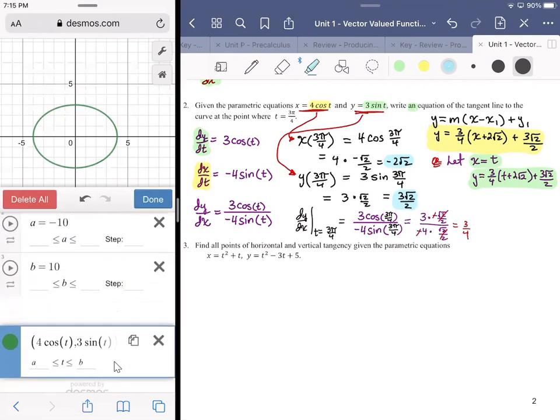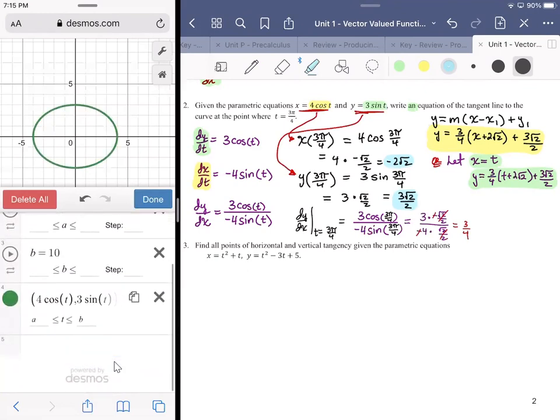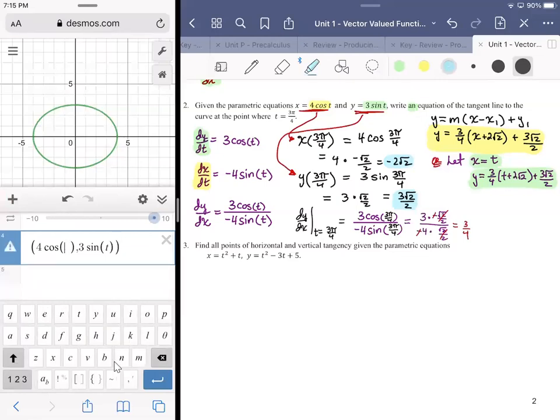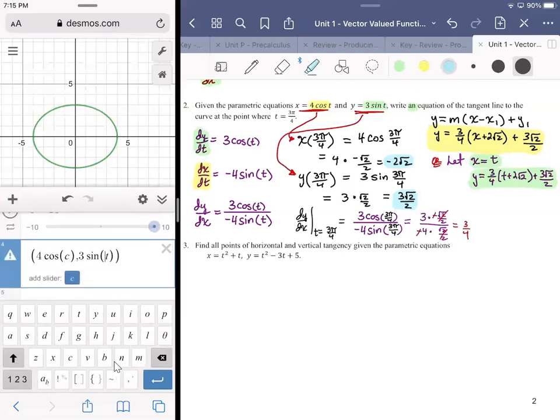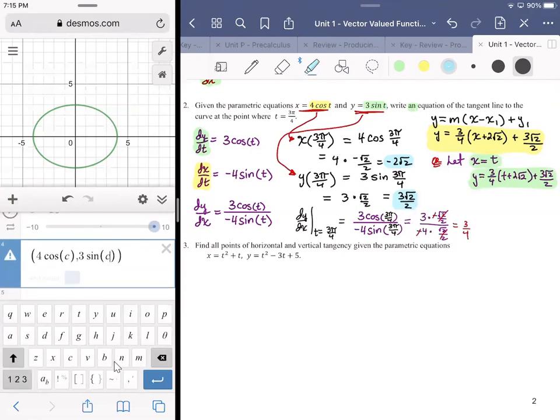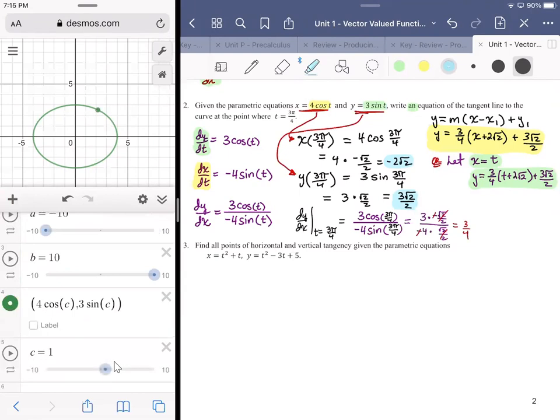I'm going to slide it down so it's kind of got its own little space to shine here. Replace variable t with a constant, right? Because Desmos knows that t is a variable, but it thinks everything other than t, x, y, and theta, those are all going to be constant. So anytime it asks you to create a slider, it knows that you're trying to put in a constant, all right? So what I would do here is I'd add a slider for c,